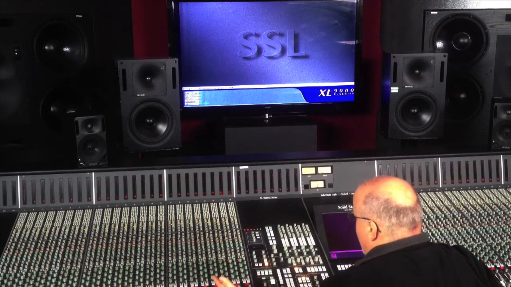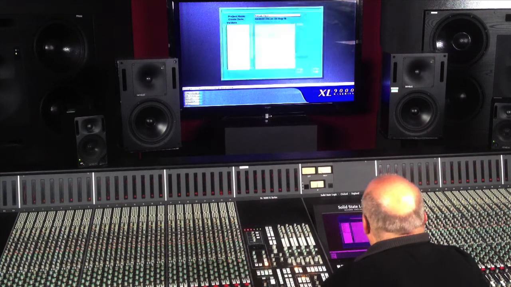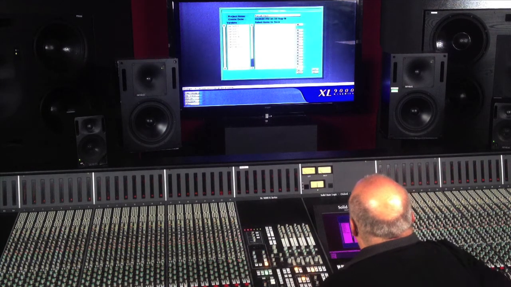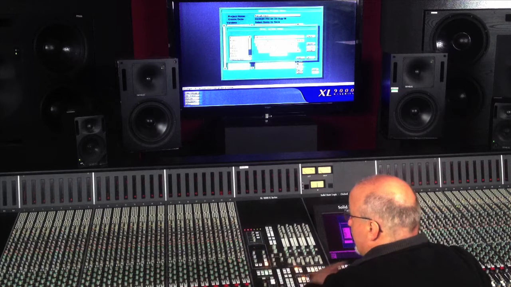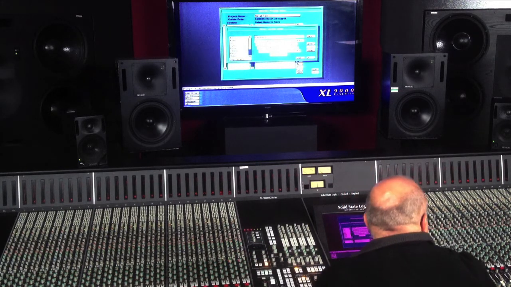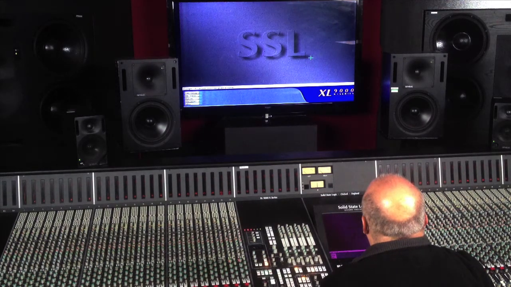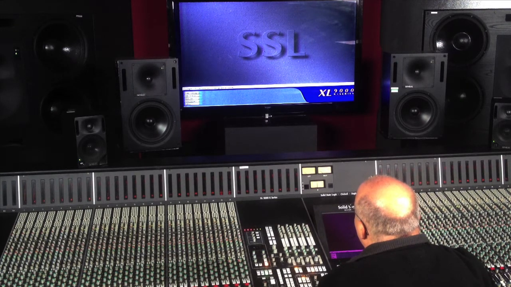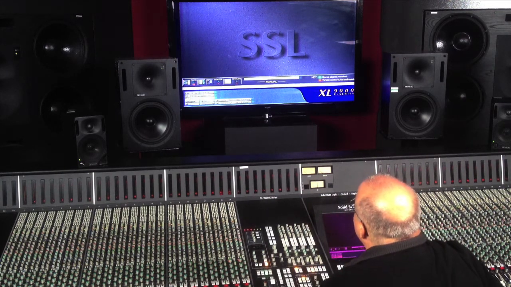So first I'm going to tell the console, pretty please, can you scan the whole desk and can you store all of the values? There, it's done. See, it only took about 2 seconds. That's how quickly it can do a frame that size. I'm going to keep the default name. There we go. And now what I can do is, again, tell the console, pretty please, it works a lot better if you say, pretty please, can you,